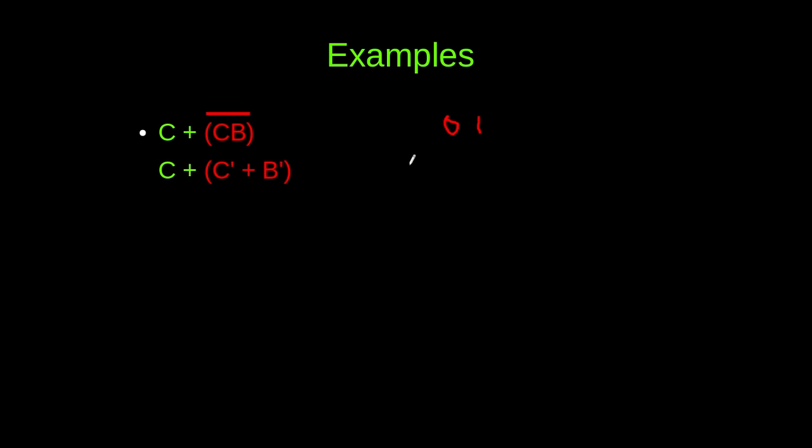If C was 1, C naught will be 0. And this is an OR. Both of them are going to give us 1. So this equals 1,